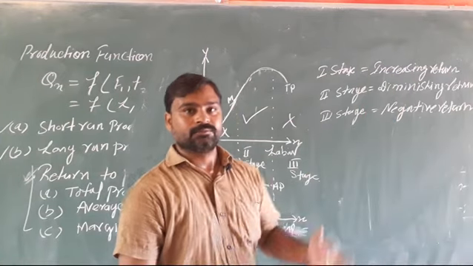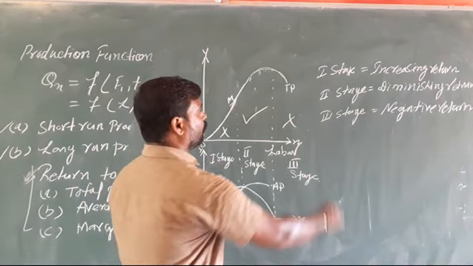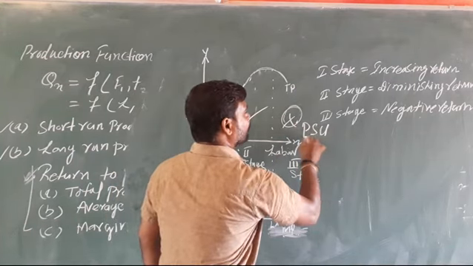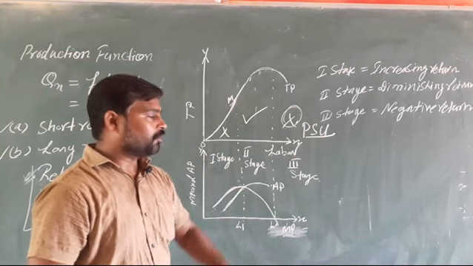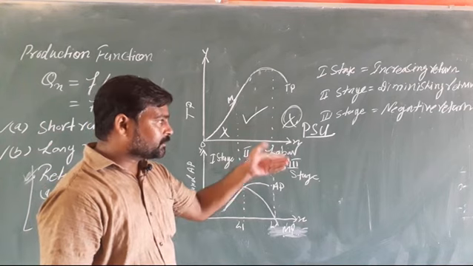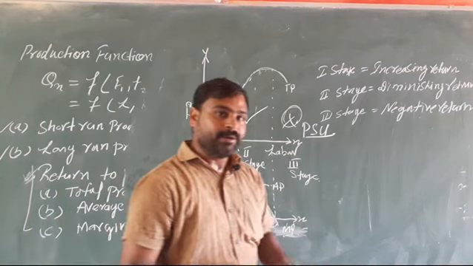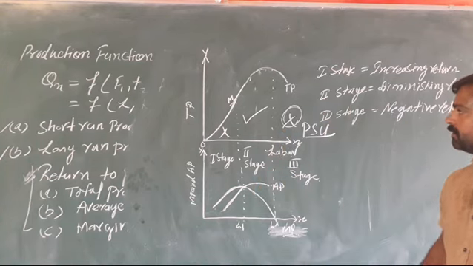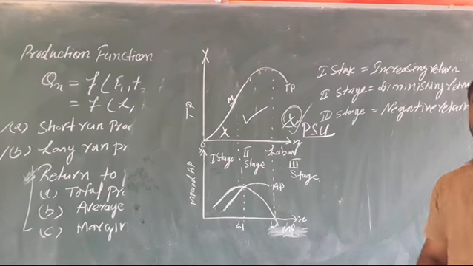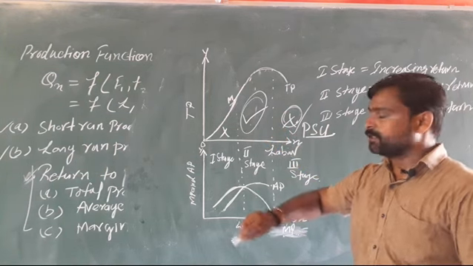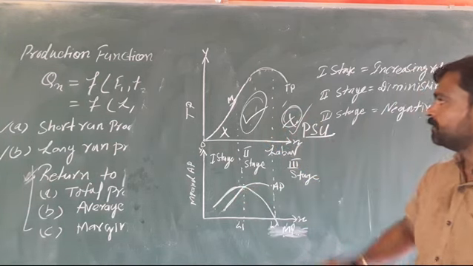If there is a PSU, a public sector organization, it always operates in the third stage. A PSU, public sector undertaking, is owned and governed by a government body. Why will they produce in the third stage? Because profit making is not the objective of the public sector organization. They will produce in the third stage also, as they have to increase employment. But a rational producer will always produce in the second stage, neither in the first stage nor in the third stage.